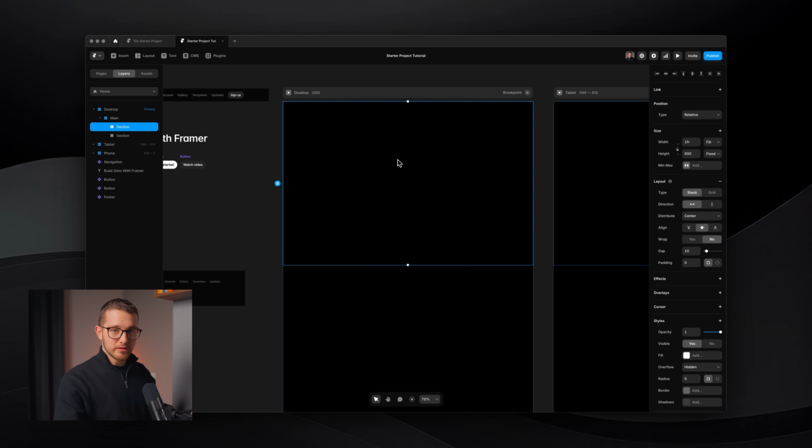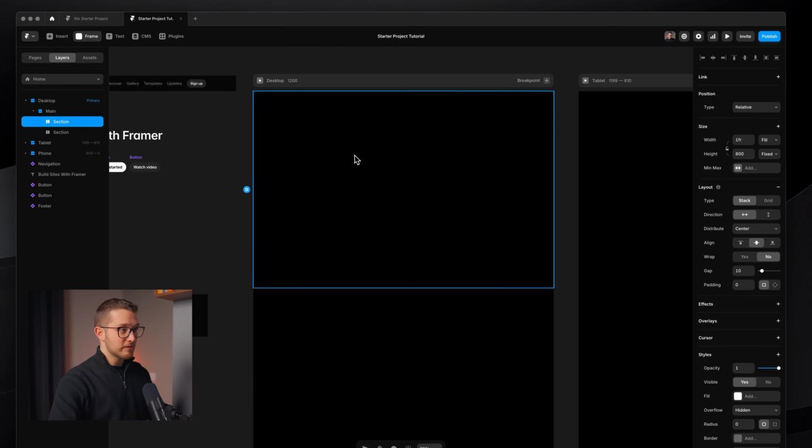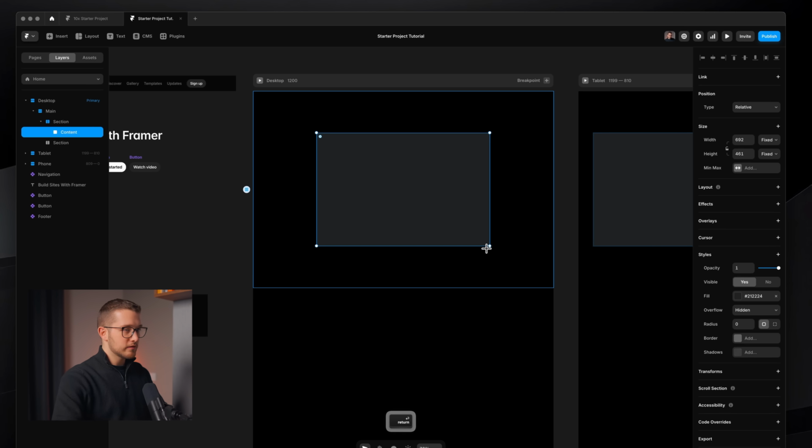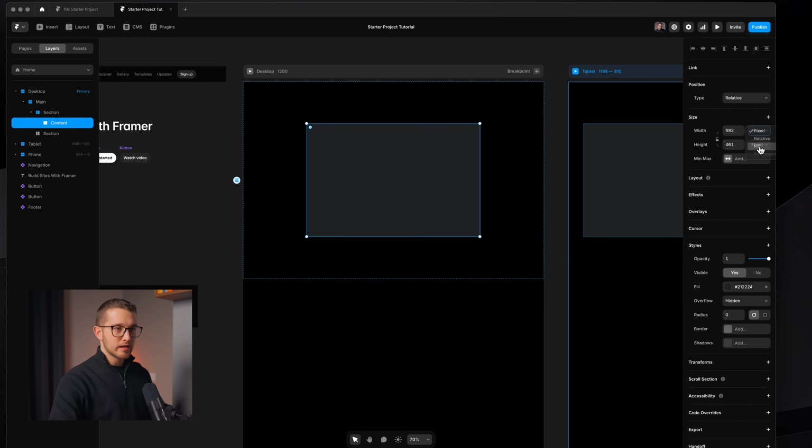If you think back to the navigation or the footer, you know how we set that content frame that wraps all the content within it. Even here within the section, we need a content frame that wraps all the content, so we can set max widths on it if needed. And usually it is needed, because we don't want all the content spread across the width of the website. If you're looking at the website on a large screen, you want to nicely contain it to a smaller width. So another frame within the section called content will be created, set to width fill,